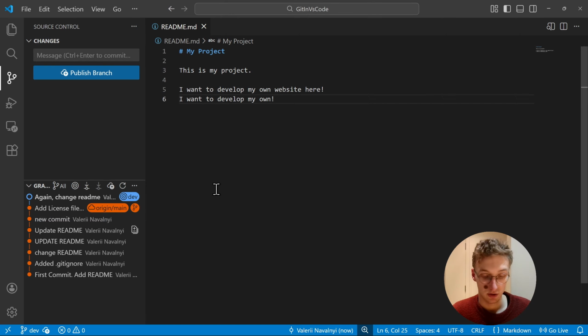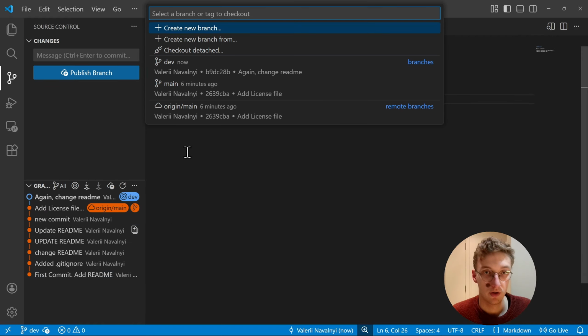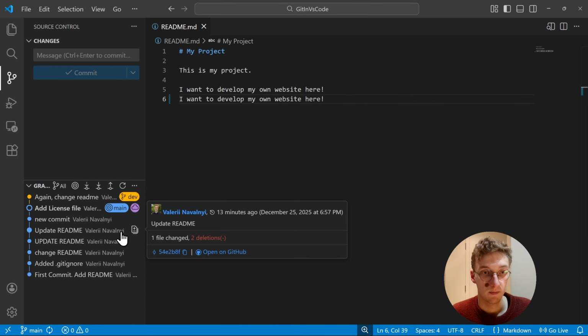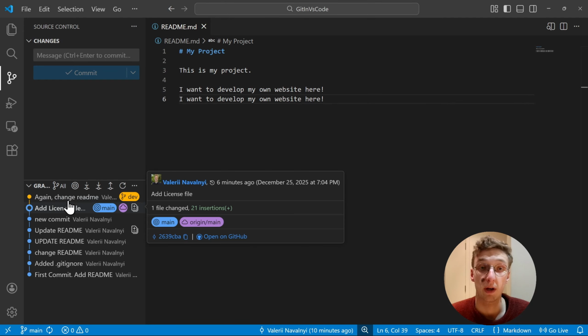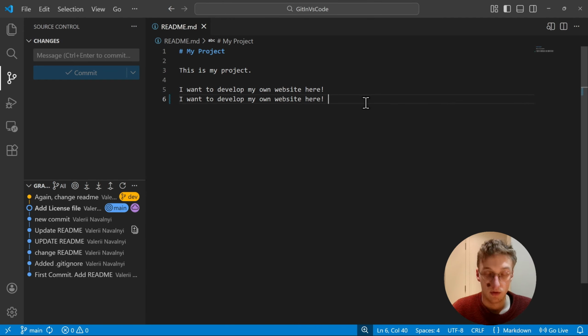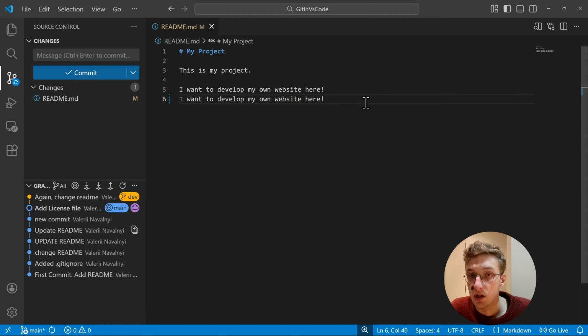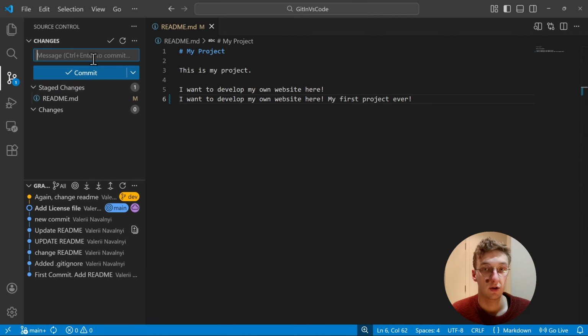Now I'll switch back to main through here, through visual interface. And we can see that dev is 1 commit forward our main branch. And I'll continue this line. I'll make a different change. Stage my changes, commit them, add more detail to readme, commit,